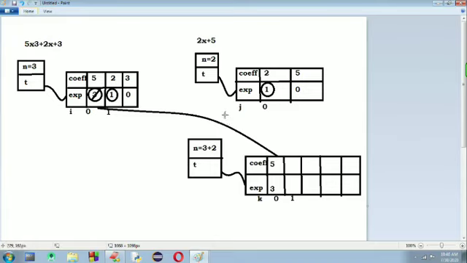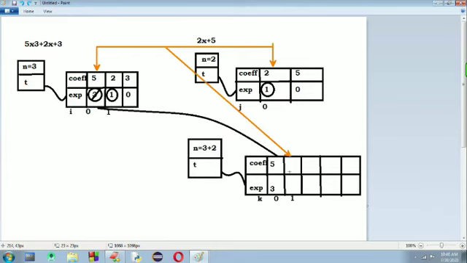In this situation we need to add these two terms, the coefficients, and the result will be put into this position.